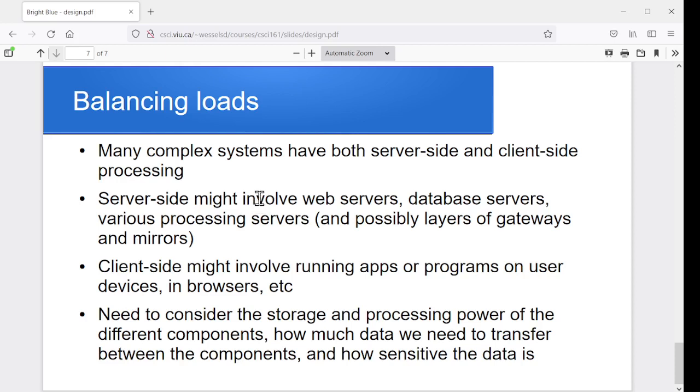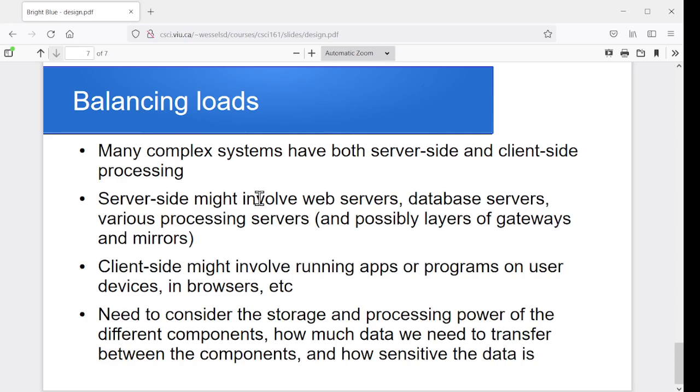Load balancing is one of the interesting things that we'll often try and achieve. And again, this gets to be more of an issue as our programs scale up. As we get larger and larger programs spread across more and more systems, it becomes more important to think about these kinds of ideas. Suppose I've got a system where part of it's done on a web server someplace, and there's a database server that's doing some of the other work, and there's a bunch of mirrors of different things,